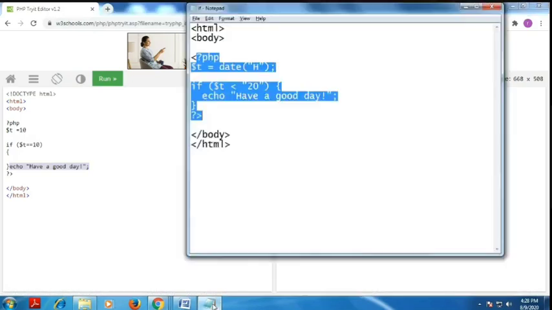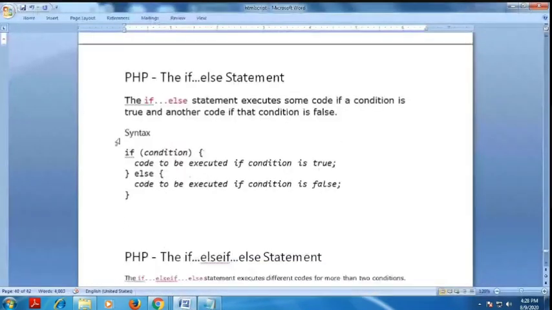Okay. Next, I go for the PHP if else statement. What is the meaning here? You check the condition. If the condition is true, the statement will be executed. If the condition is false, the else statement will be executed. This is the meaning of the if else statement.